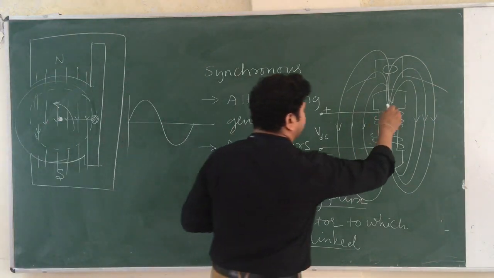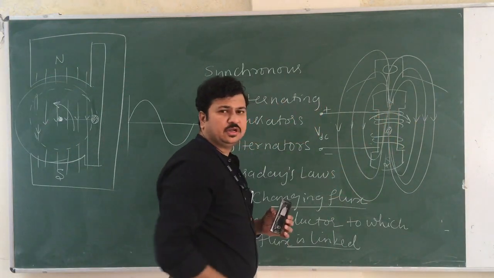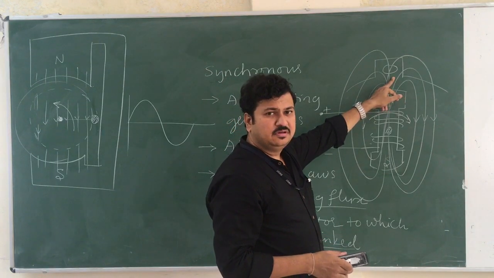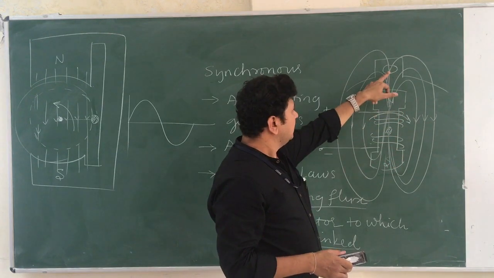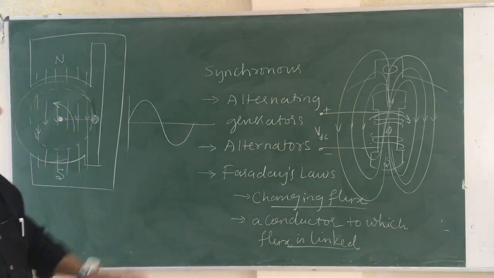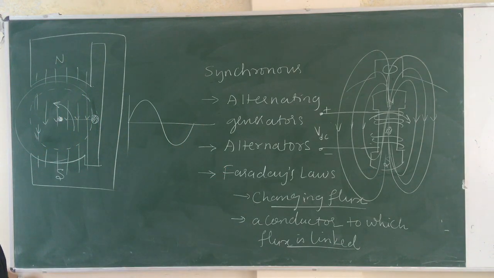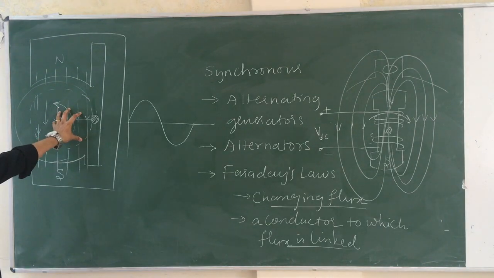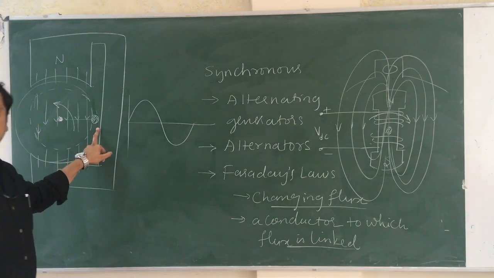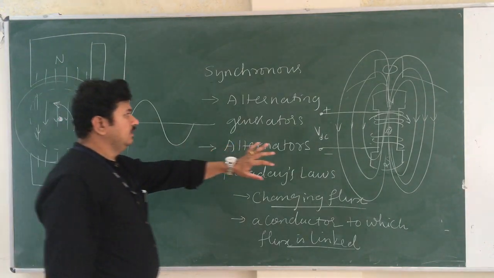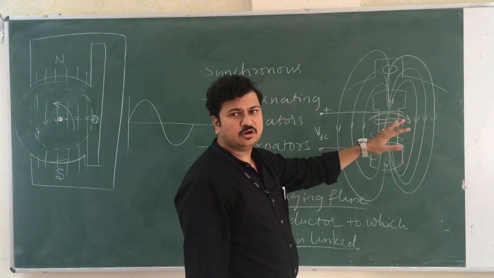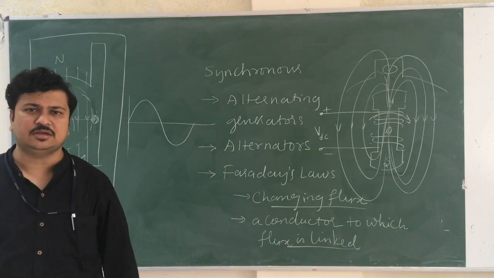Now what is happening? At every position of the rotation of rotor, my conductor is experiencing change in flux. So in this case also, the conductor is experiencing a change in flux, hence an EMF is induced in the conductor. So I can induce an EMF by first method, where I keep the magnetic field stationary and I keep the conductor moving or rotating. In second case, I will keep the conductor stationary and keep the magnetic field itself moving or rotating, exclusively rotating.